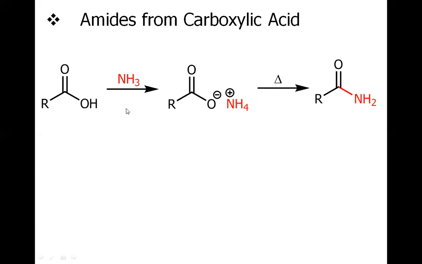However, when we treat this ammonia with the carboxylic acid, the first step is the salt formation, and at high pressure, at high temperature, we may form this amide. But as we have discussed, this OH has the very poor leaving tendency, and this oxyanion is obviously further poor. This is the worst condition to have this leaving tendency. So overall, this reaction is not a good reaction.